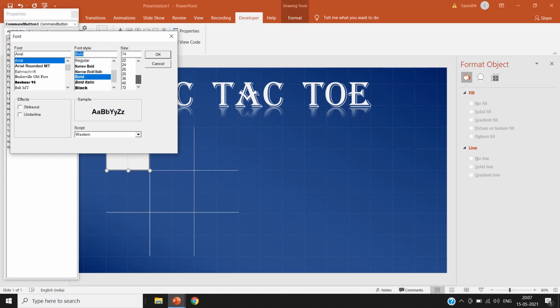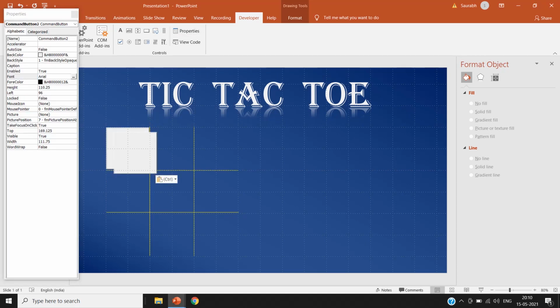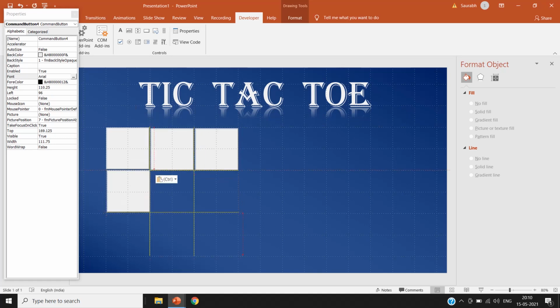And for the font, just click over there, select a font. Now copy and paste it again and again for our designing toolbar. As we can see, there are 9 blocks in the tic-tac-toe game.